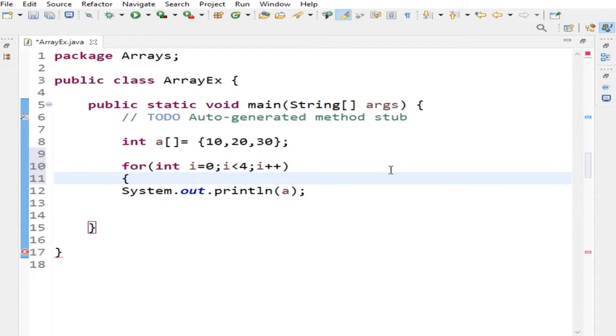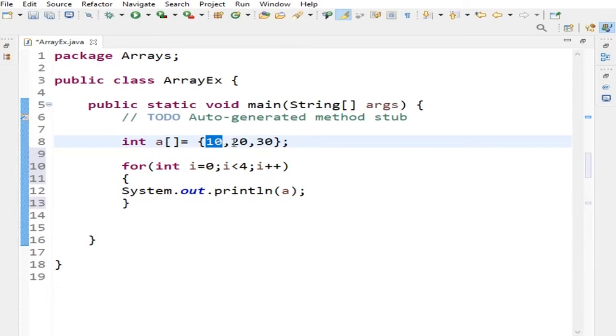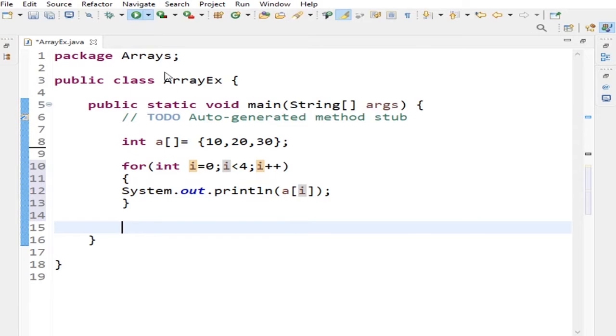Now I have to print a of 0, a of 1, a of 2. So I am writing a of i. Initially what is the i value here? 0. After incrementing, the i value becomes 1, 2. So I have to print like this. Now run the program.